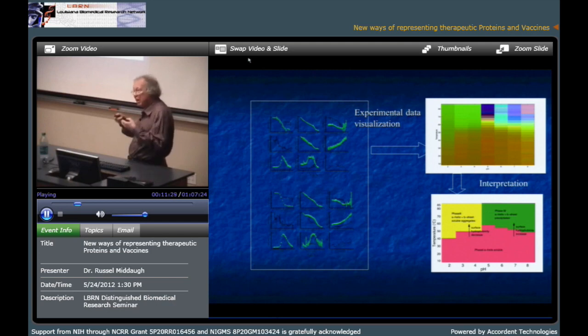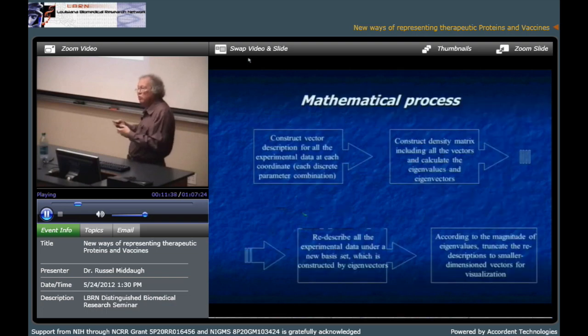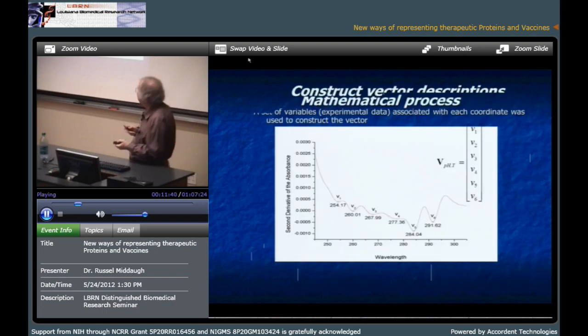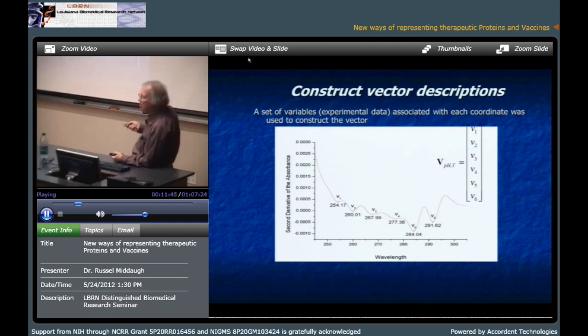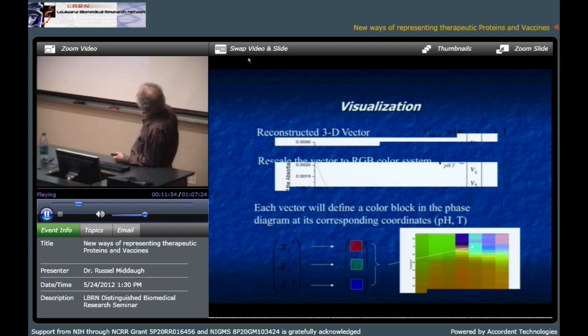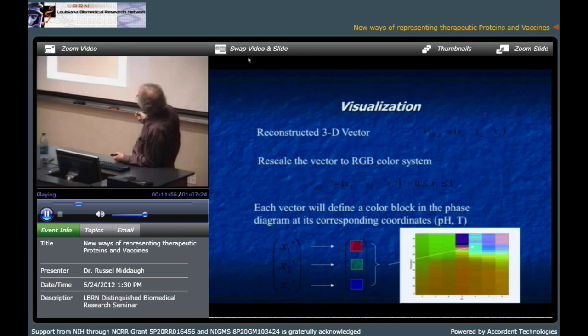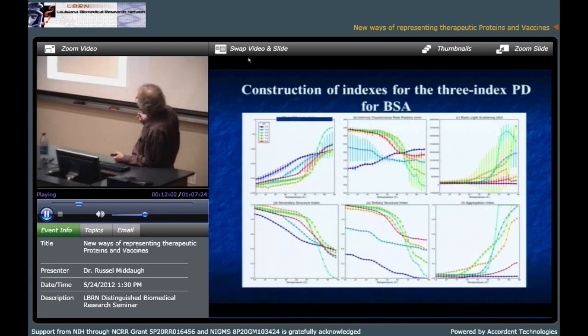Not only are we using a lot of pieces of data from a single technique, but we're also using stress, temperature, pH, ionic strength, whatever we choose, to increase the amount of information. Okay, and this is just a mathematical process to do this. It's very simple. Let me just illustrate, though. Here we've got our 6-component vector. This is a second derivative spectrum. Here are the positions of the peak. Here's the vector. So at any one temperature and pH, you've got a vector. And so here are the results of this from the red, green, blue color scheme, as I just showed you.